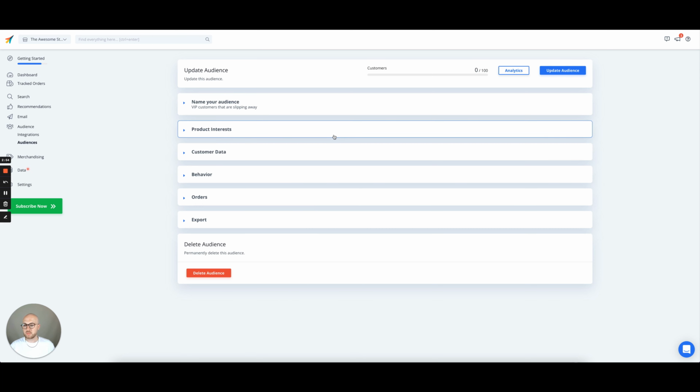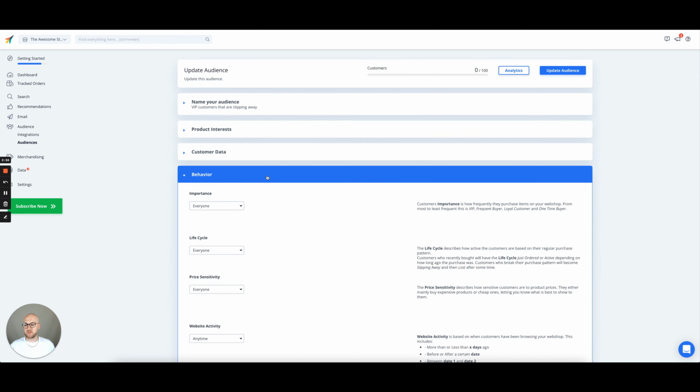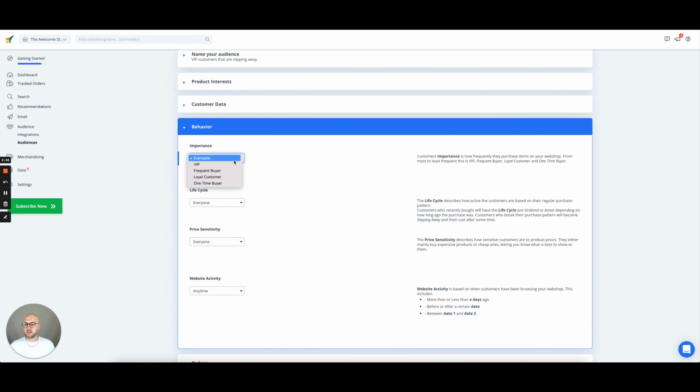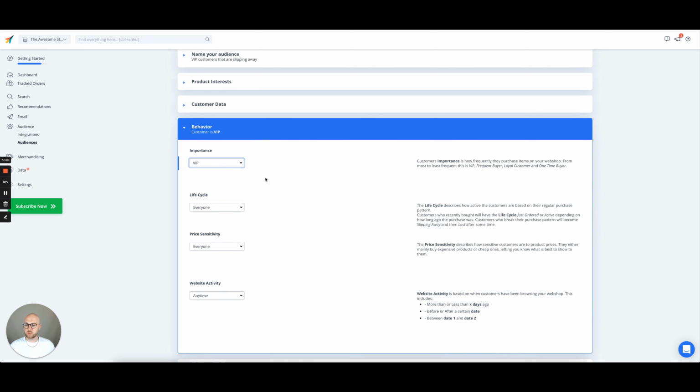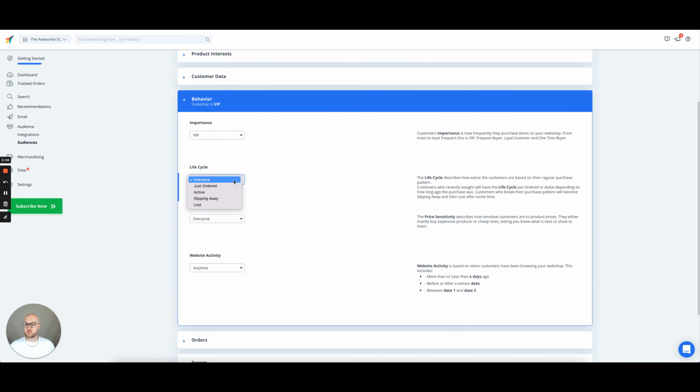So with this one, we're going to head to Behavior and choose the VIP of importance, and the life cycle we want is someone slipping away. Slipping away is also dynamic based on each customer's behaviour. So for example, if you buy one product repeatedly every month and then it's been 2 months, you'll then fall into the category of slipping away. Or for example, if you buy a product every 6 months but it then goes on to be 8 months,